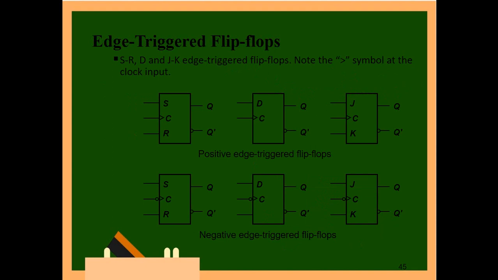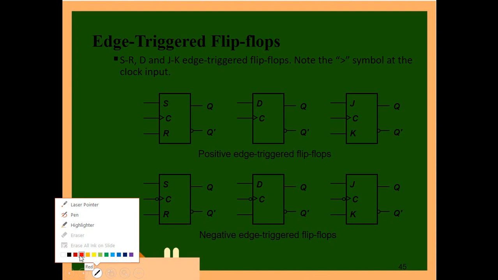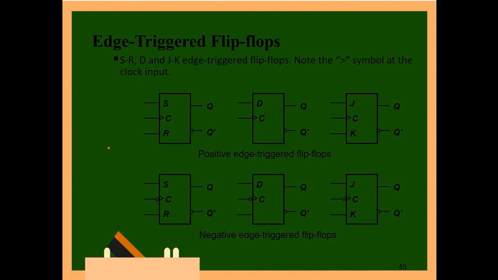This is how all the edge triggered flip-flops look. There are two types of edge triggered flip-flop, one positive, another negative. For a positive edge triggered flip-flop, if it is an S R flip-flop, you give the clock directly, with Q and Q bar. For D also the same, JK also the same, and the T flip-flop you studied previously is the same. Note that you have to use this symbol for the clock input, and if it is positive edge, use only this symbol. If it is negative edge, you have to use one bubble here. Since it is going low, it is known as a negative edge triggered flip-flop.